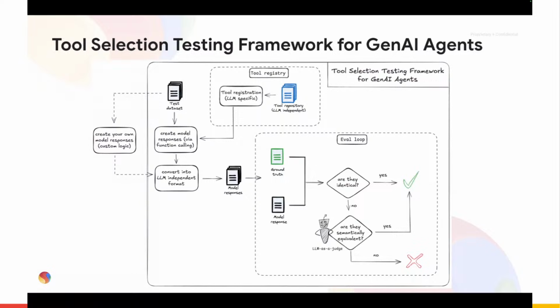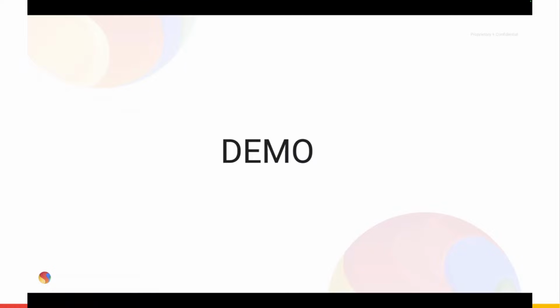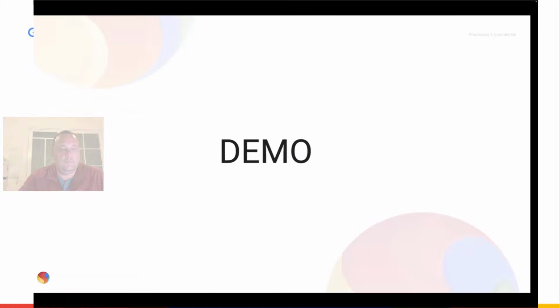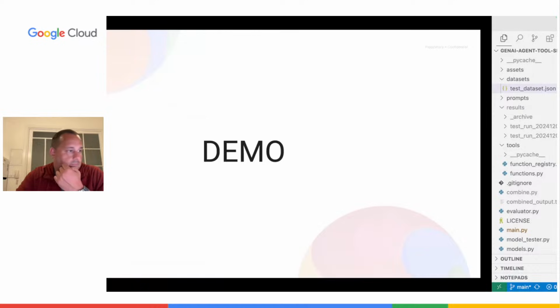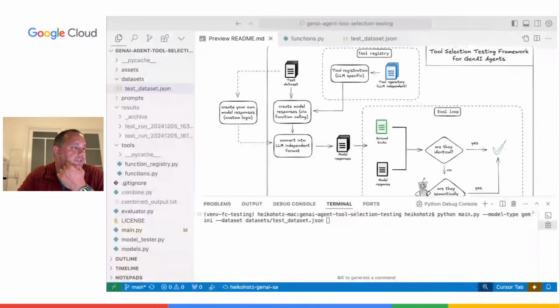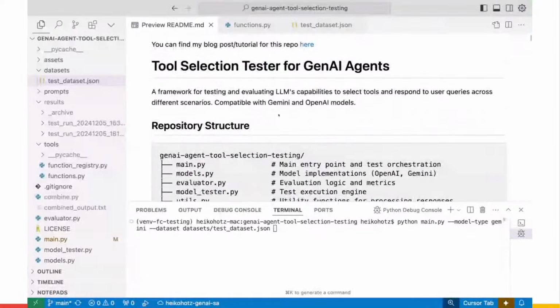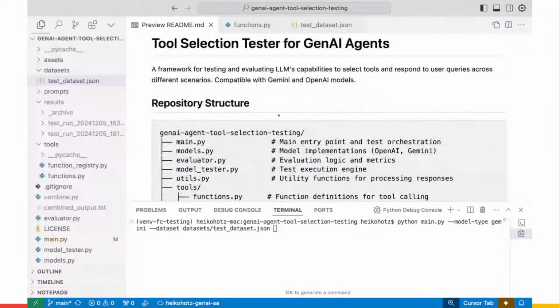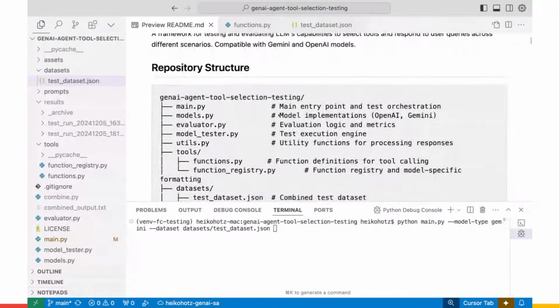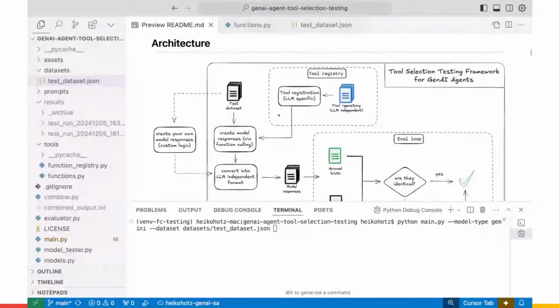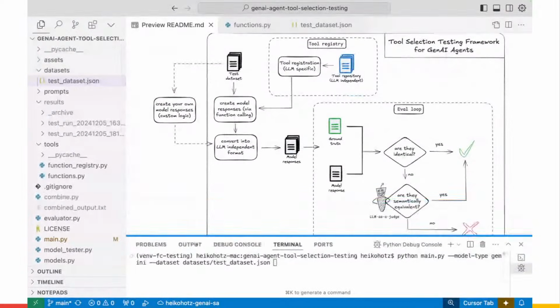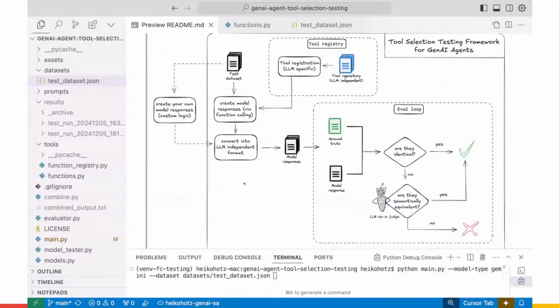And for that, I'm going to move over to the demo. So here we have the tool selection tester for GenAI agents. I know it's a mouthful, but looking at the architecture again, we have a test data set with sample queries and a ground truth, which means this is what we want the agent to do.